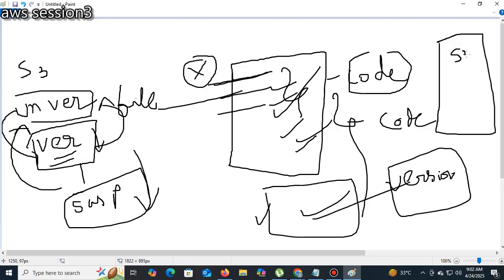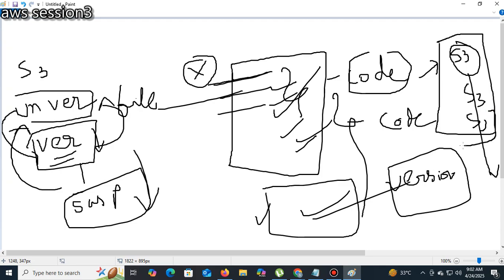Code in the S3. Yes, sir. Millions of lines of code they will put in the S3. They want to execute the code from the S3 bucket, like you are storing it on an external hard disk. Same thing, they store the code in the S3. So over a period of time, it is edited so many times.